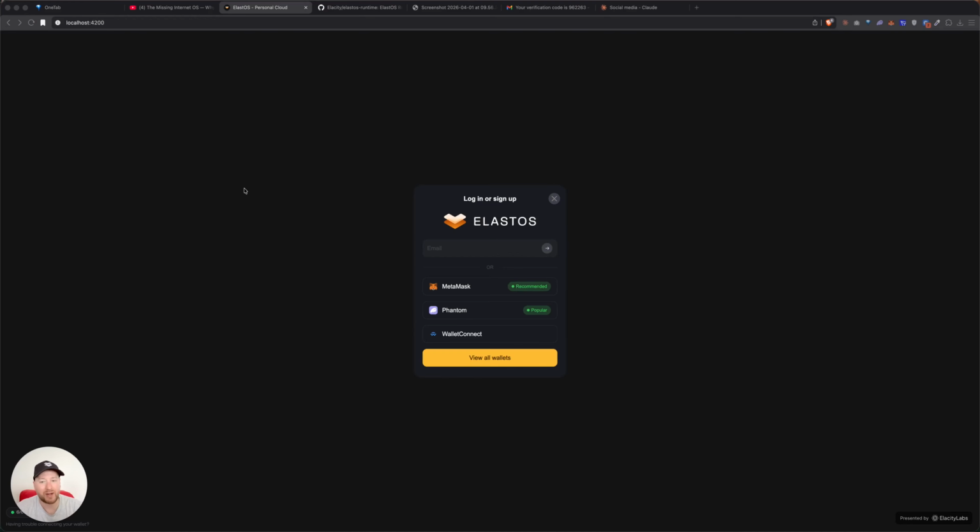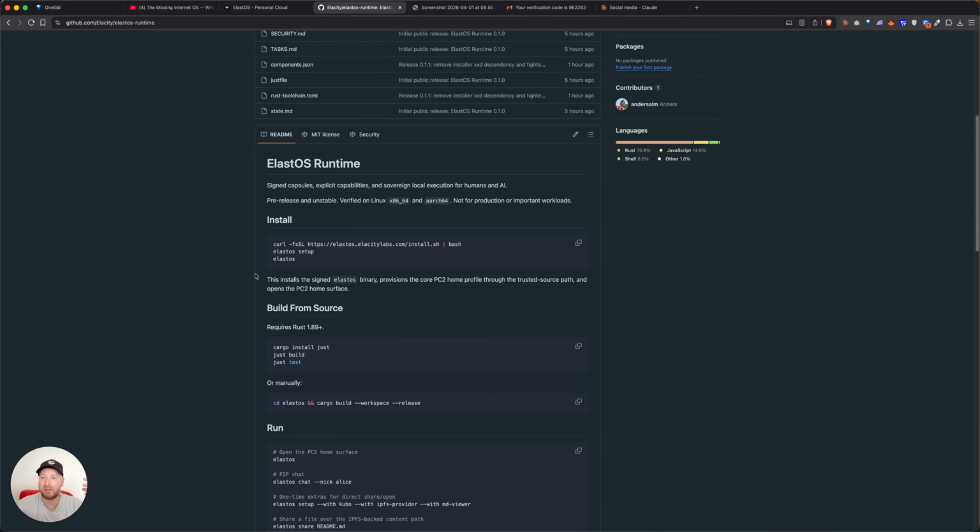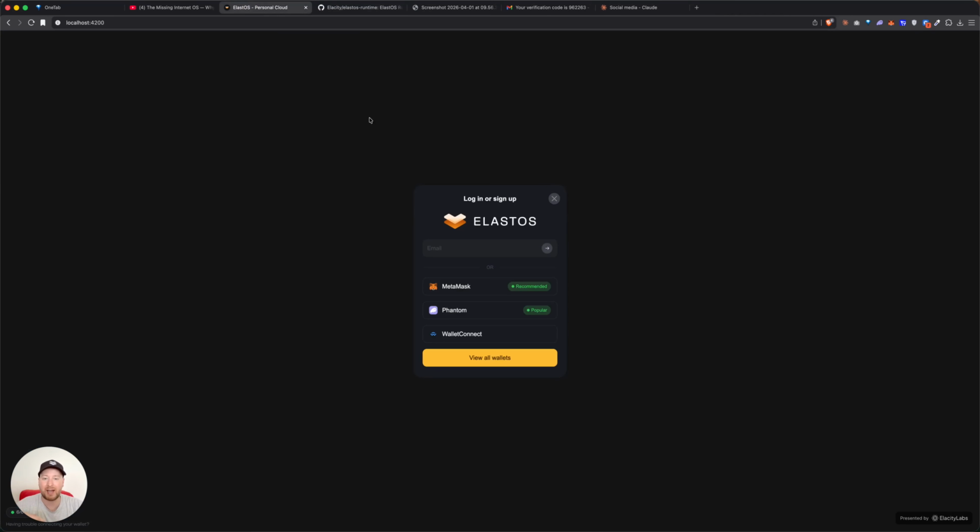Today I'm going to give you a quick update on the things that we've been building. I think the most noteworthy release that we've just done is the Elastos Runtime. This is the system which sits underneath the whole operating system that we've been building, and really it's an orchestrator of security. You give explicit capabilities, and really if we look at a personal cloud as you having a digital